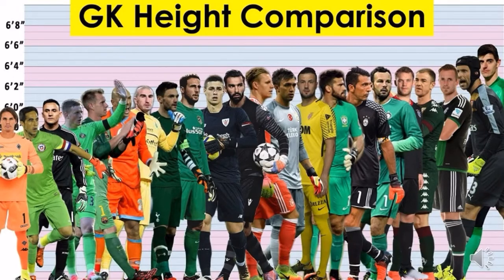What would be regarded as a shorter goalkeeper is still 6 foot and above, whereas you can go all the way up to say 6'5", 6'6", and there are actually taller. And I find it interesting that whenever you've got, like I said, the guys that are of this stature who are outside the norm of the physical presence that we tend to have with outfielders, there's a lot more body